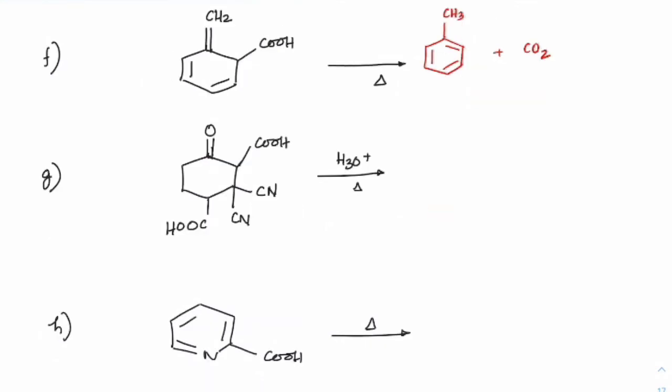Next one, check it out. See, on hydrolysis, please remember this, cyanates on hydrolysis will become carboxylic acids. So instead of directly giving a carboxylic acid, the starting material might be given with cyanates, but they will convert into carboxylic acids. So first do that and then heat it. As per the question, just heat that. So you can see with respect to this COOH, this is at the beta position and this is beta keto anyway, so this will also be removed.